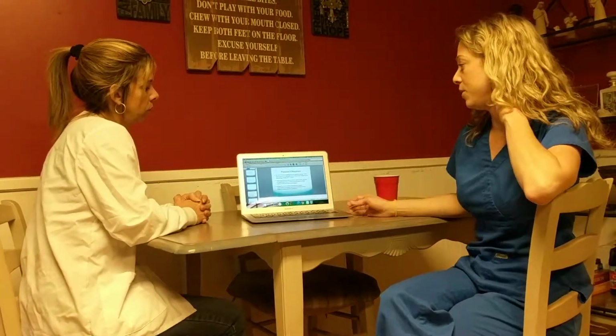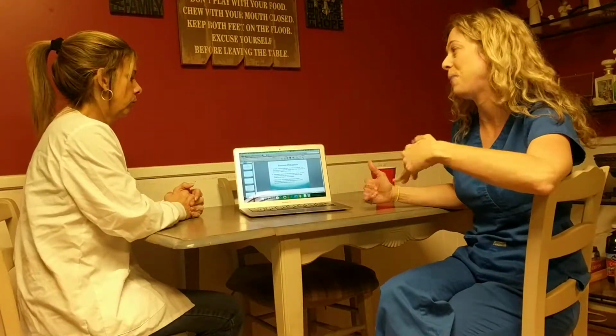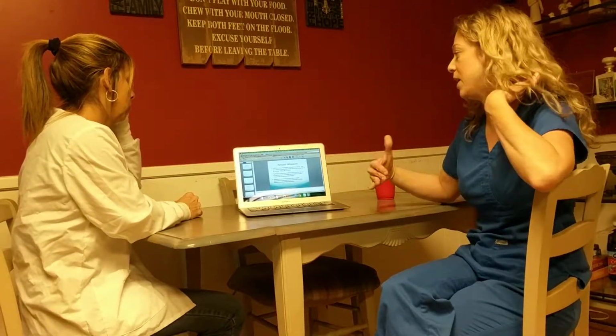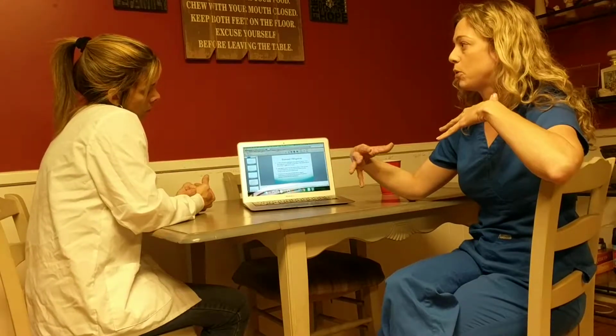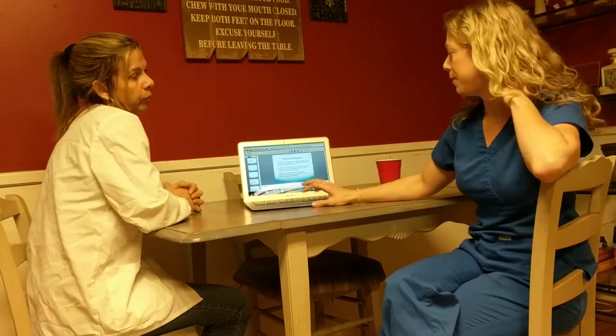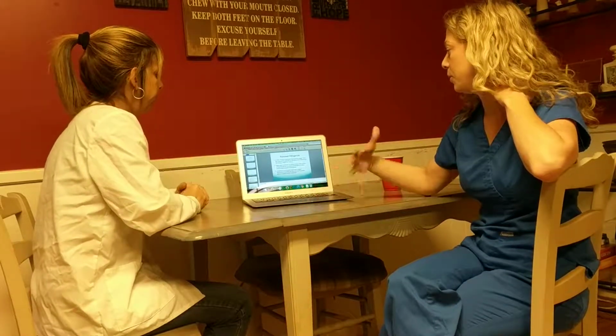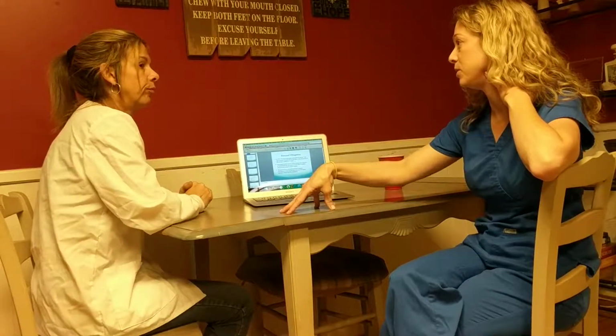So there's a miss there somewhere that might go back to the CNAs and nurses. But on the flip side, because we are the people right there at the bedside, we have the opportunity and are empowered to make that change. So I think that's a good way to look at it. I feel empowered that I can make this difference,